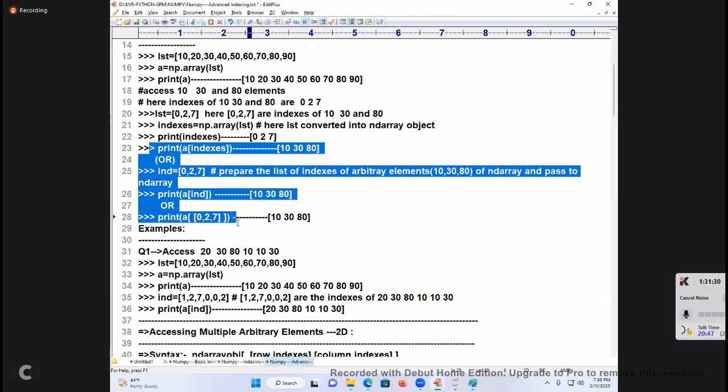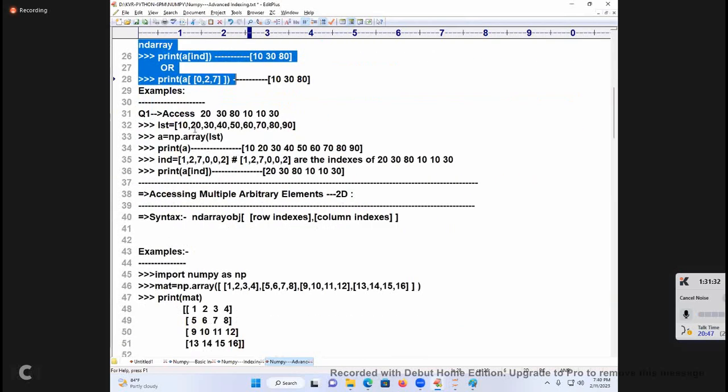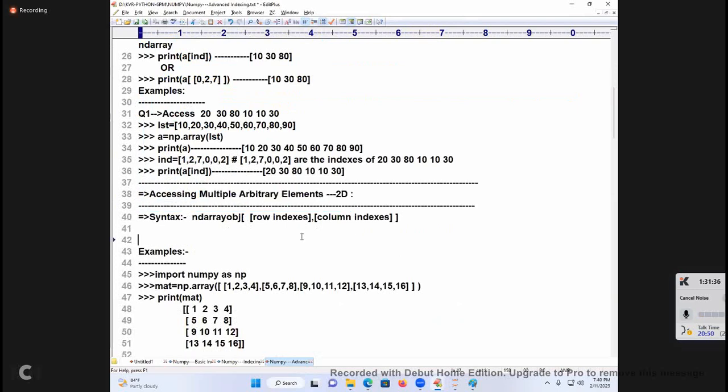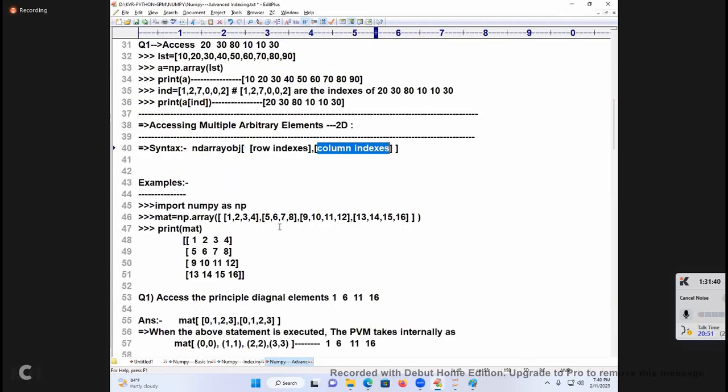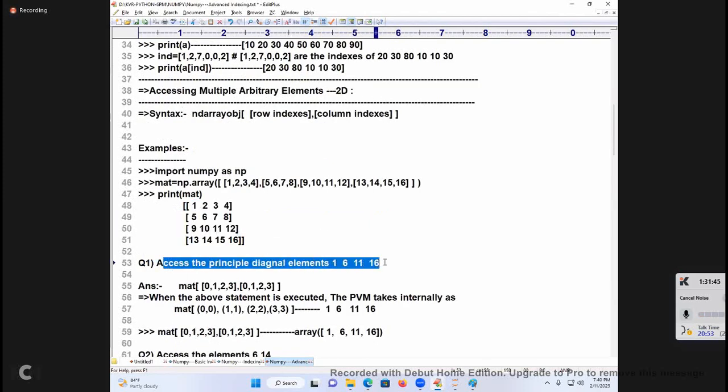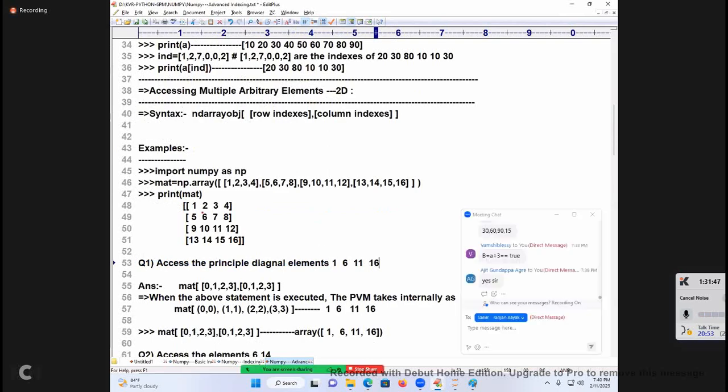I said three mechanisms. Now coming to this place, accessing multiple arbitrary elements of 2D. Come on, row indexes, column indexes. This is called some matrix. Access the principal diagonal elements. Principal diagonal elements means what? 6, 11, 16. You have already done this in class, and it is regularly asked as a question.